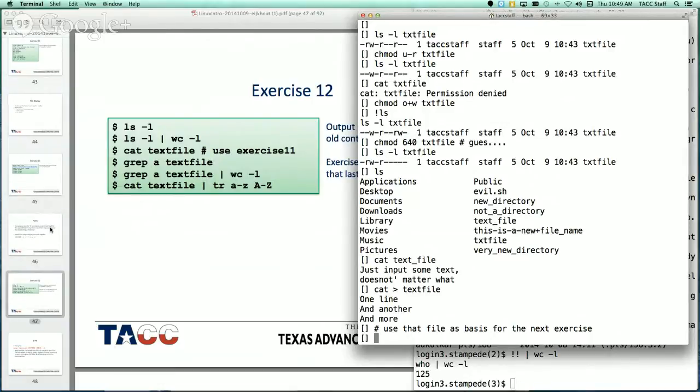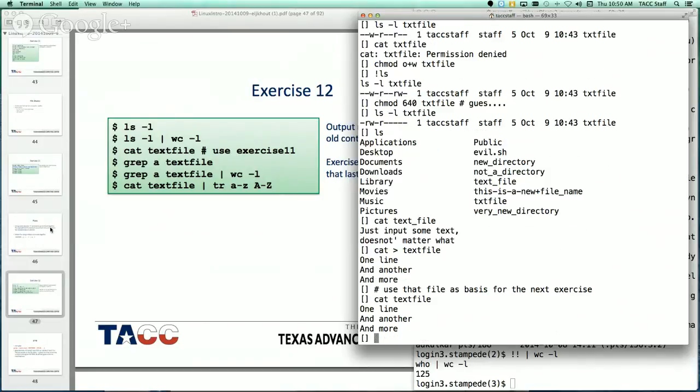Global regular expression P. I don't know. The names of Unix commands are all a bit cryptic, and grep is search for text in a file. So you have this text file, cat text file, and the grep command is